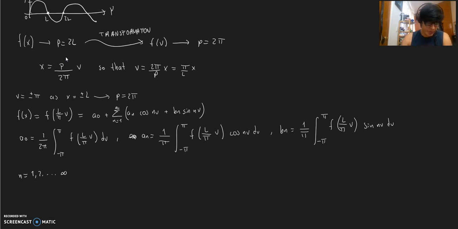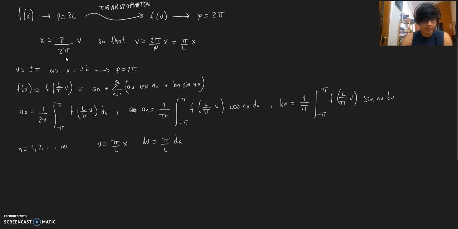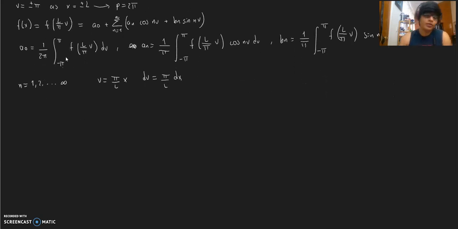But we also know, as I was saying, that v is equal to pi over L x, and its derivative is equal to pi over L dx, as pi over L is a constant value. So we can get yet another representation of the Fourier series of this kind of functions, where the period is not equal to 2 pi. Instead of having it dependent on v, we can still have it depending on x, but we will get something like this: